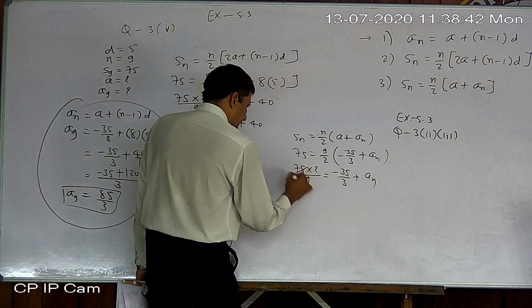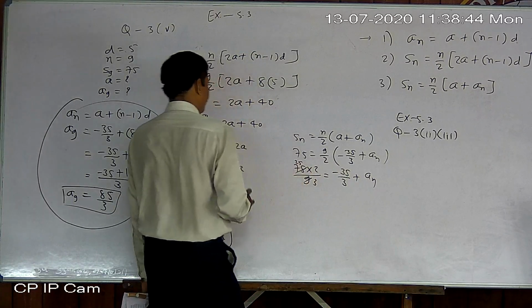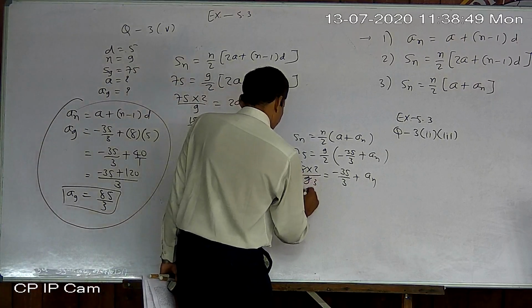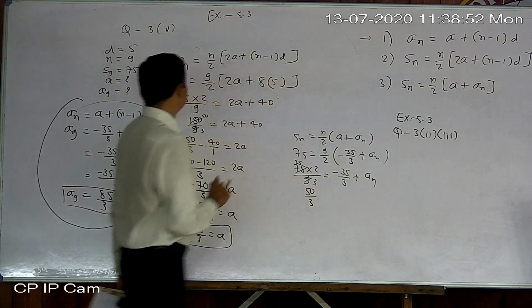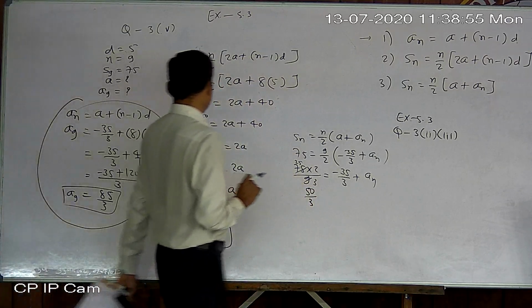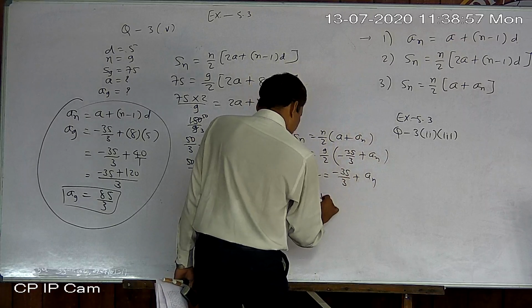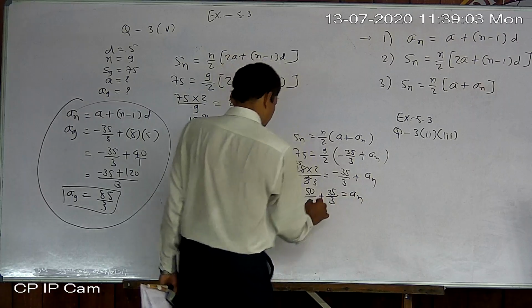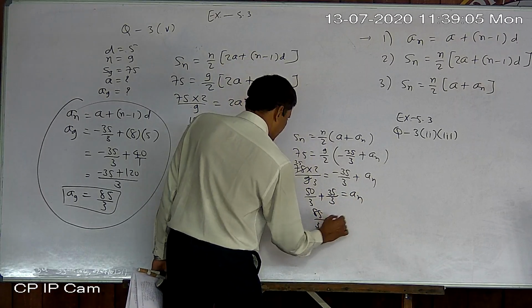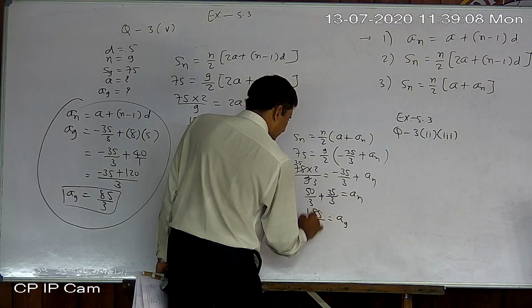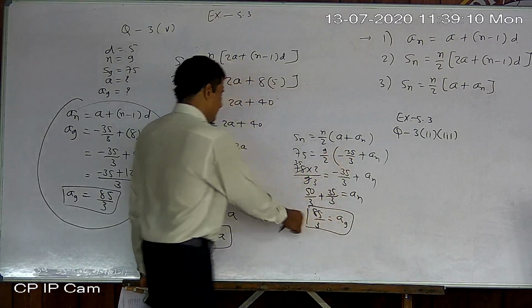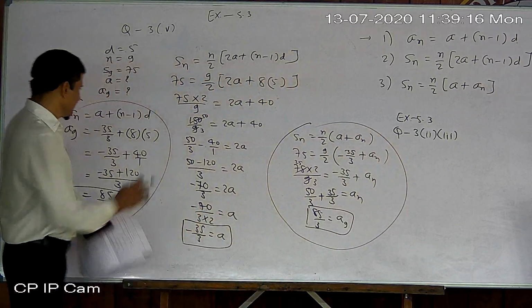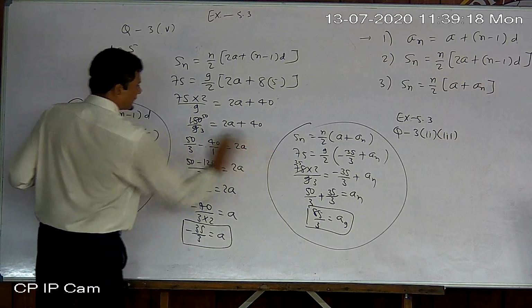So obviously it is 3 by 25. Okay. So 25 twos are 50 upon 3. Okay. Now this one here, 35 upon 3 equal to An. So it is 85 upon 3 equal to An. An means a9. Okay. Because you know n, you place 9. Okay. So anyway, you can find this one. Okay. These both are equal, optional. Either one or the other. Okay.